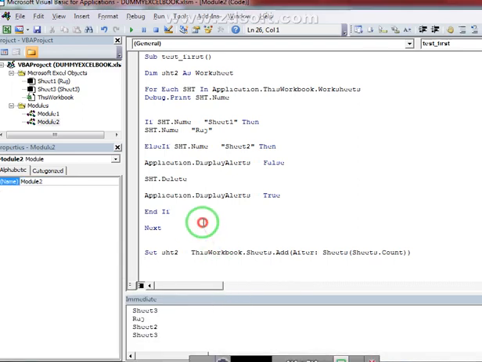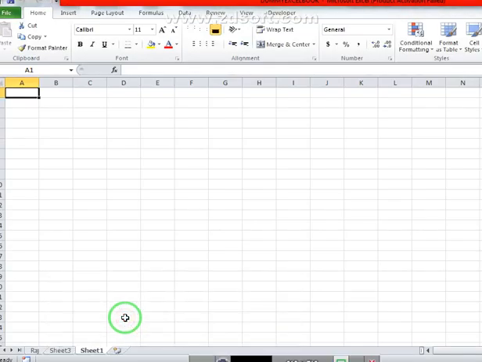Now I'm going to execute this code. Now the code has been executed, right? So now you can see the output here. So Sheet4 is the new worksheet, right?